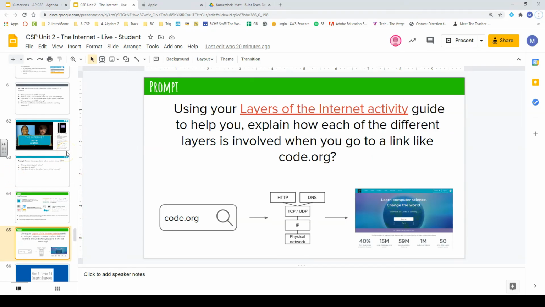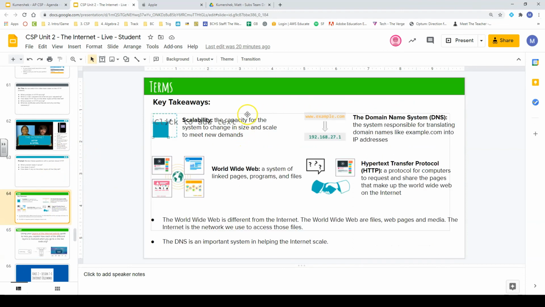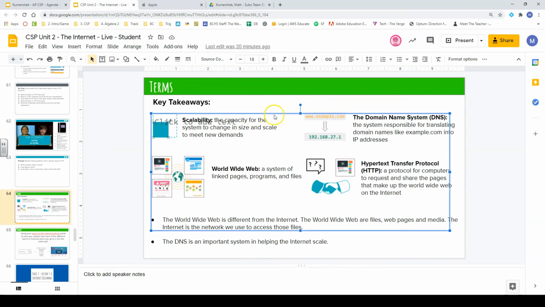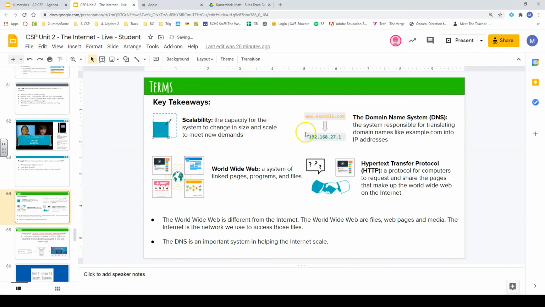All right, so that explained how HTTP and HTML work, right? There are a lot of layers now, a lot of terminology going on here. And you're not going to have to know in super detail what SSL or TLS is, or how that's working in intricate detail. You just have to know how the layers of the internet rely upon each other and what their basic functions are. So some key takeaways